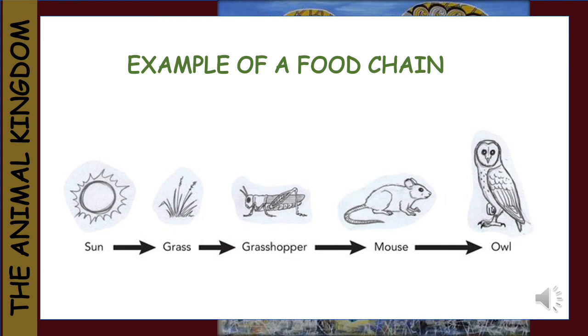Here is another example of a food chain. The sun shines on the grass, giving it energy. The grasshopper eats the grass, giving the grasshopper energy. Along comes a mouse and eats the grasshopper. The energy has now transferred from the grass to the grasshopper to the mouse. And finally, an owl catches the mouse, completing the food chain. Again, once the owl has reached its lifespan and dies, its body will be broken down by scavengers and decomposers, and it will again form part of the earth.